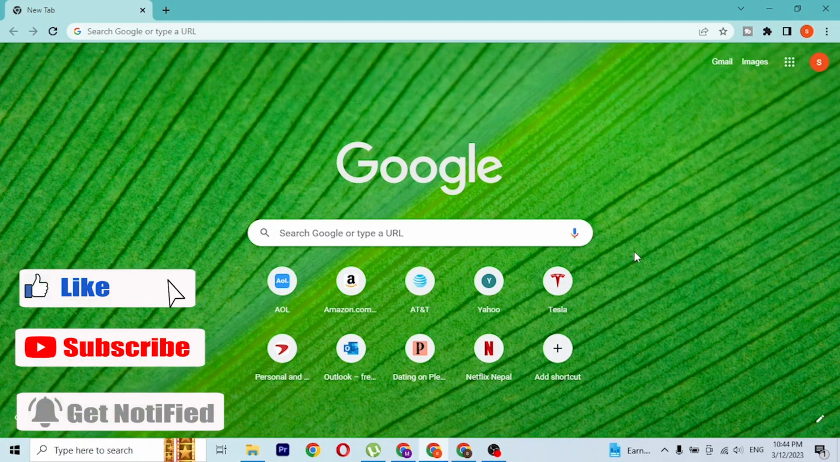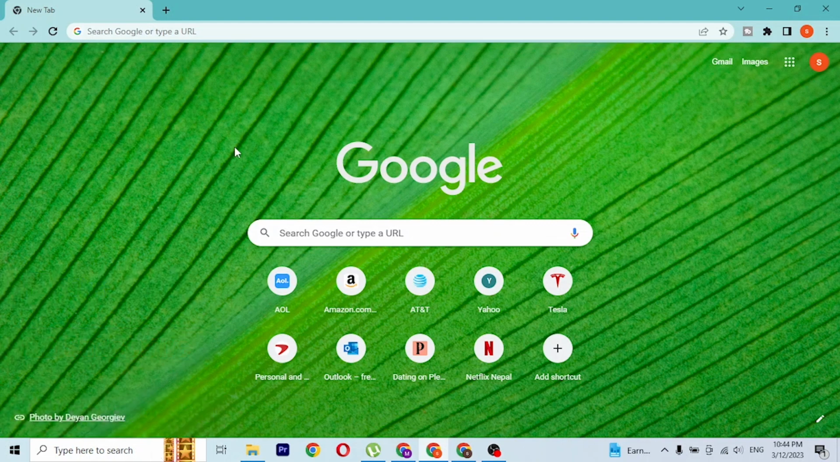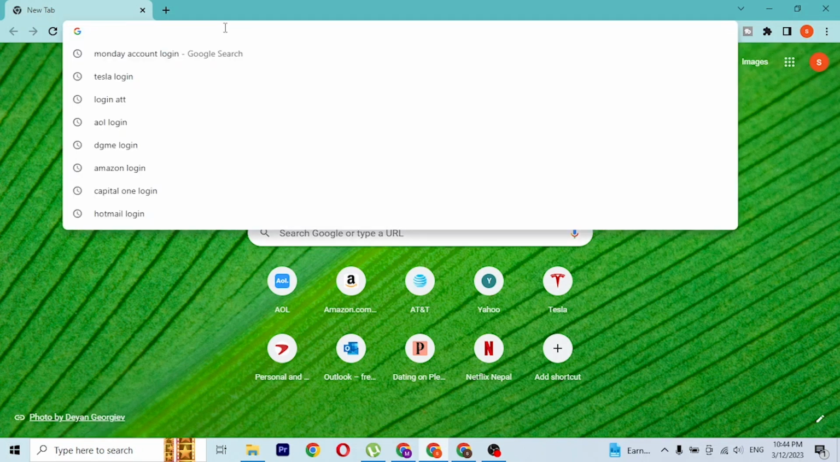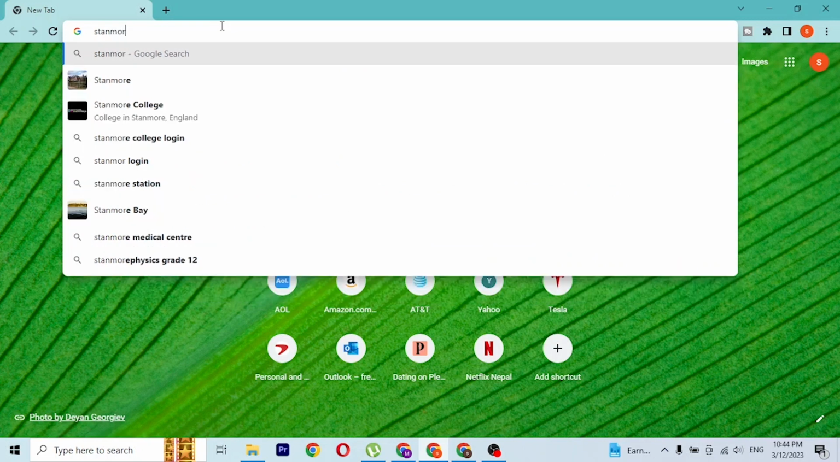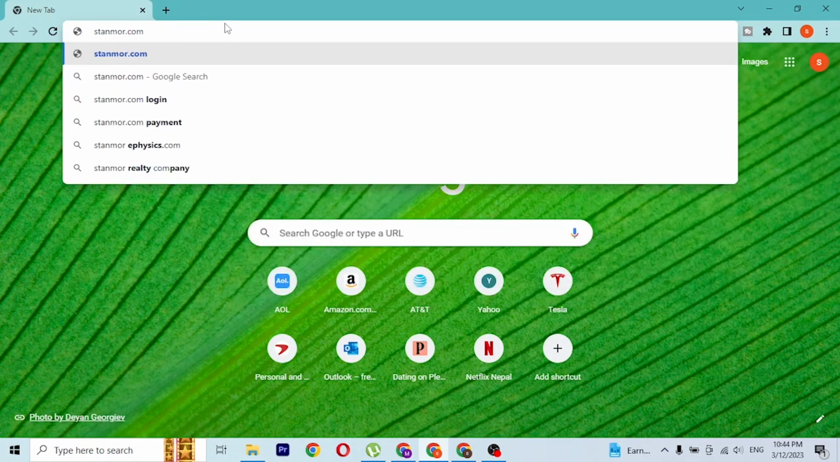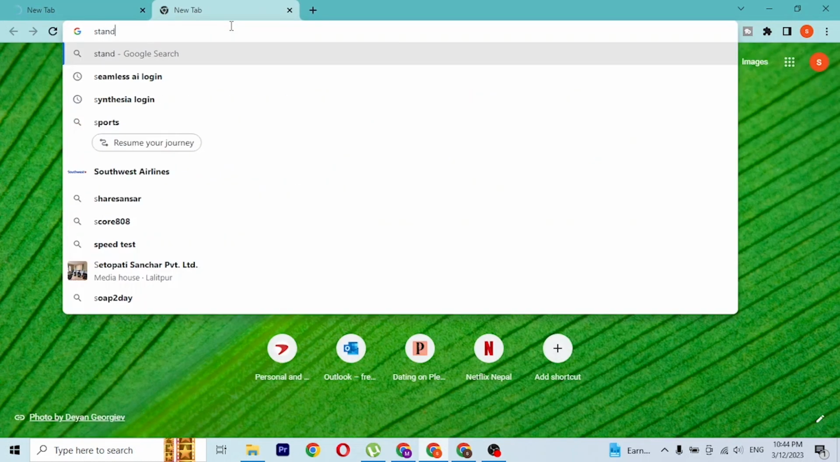Now to log into your Standard Mortgage account online on your computer, first open up your preferred browser. I have already opened Google Chrome, and in the search bar, click over there and type in the address stanmore, like this, and type .com. You can see the web address, guys. Type it correctly, stanmore.com, and then hit enter,